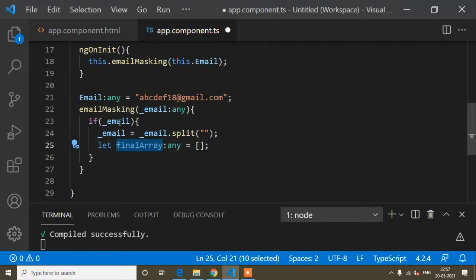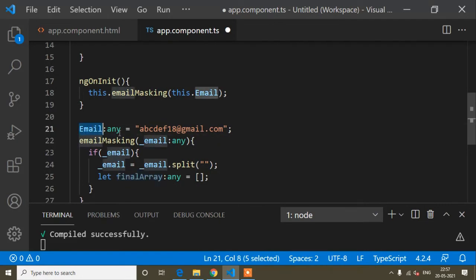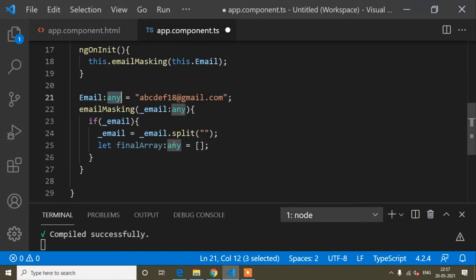Like this other variable is a string variable, because here I have assigned a string value, but here I have assigned an array, a blank array. That means this is an array variable.